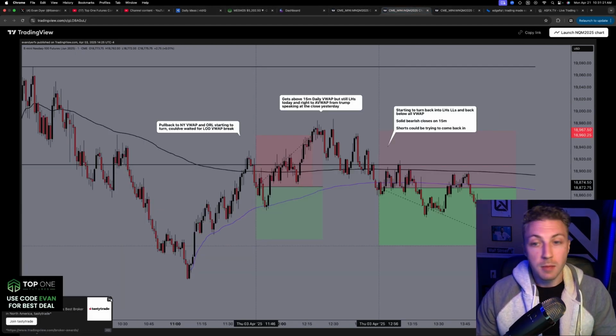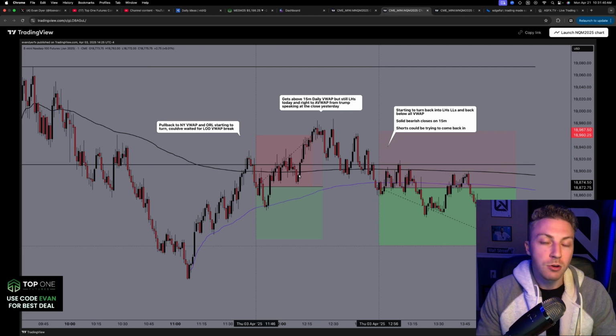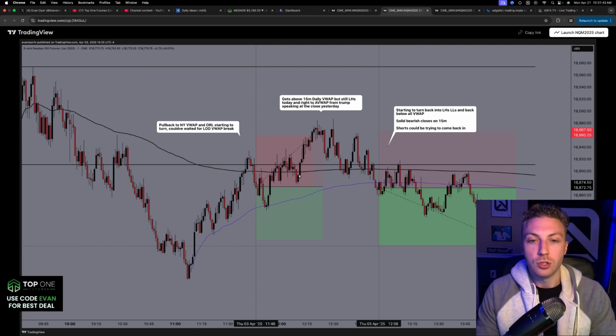A losing short and then maybe a winning short if you take it on later. But what's the problem with this short VWAP bounce? Although it clearly does look very bearish here, lower highs and lower lows, looks like the retest to my VWAP. The New York VWAP's flat. Not really doing anything. It kind of flattened out here since being bearish at the open, so no one's really clearly in control.